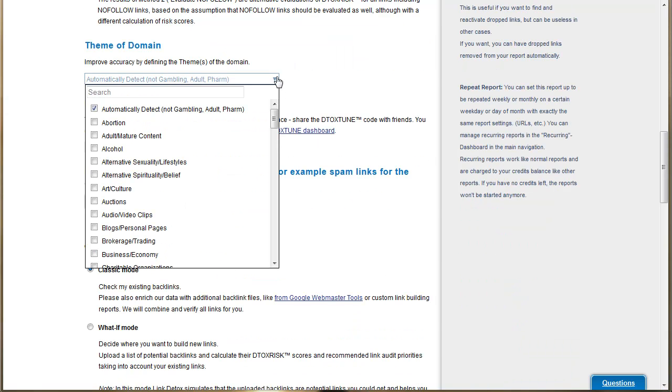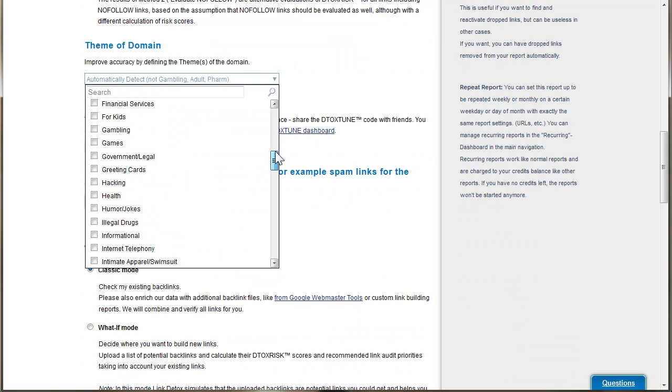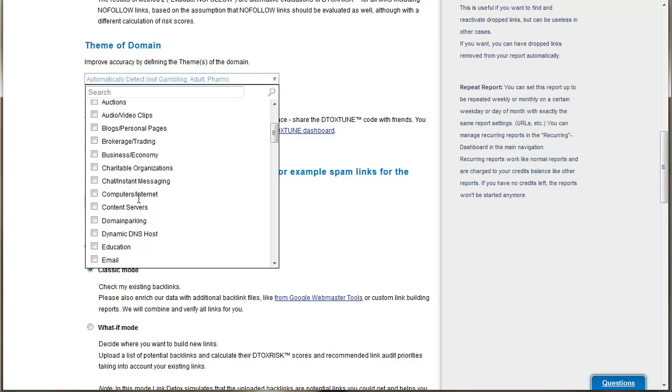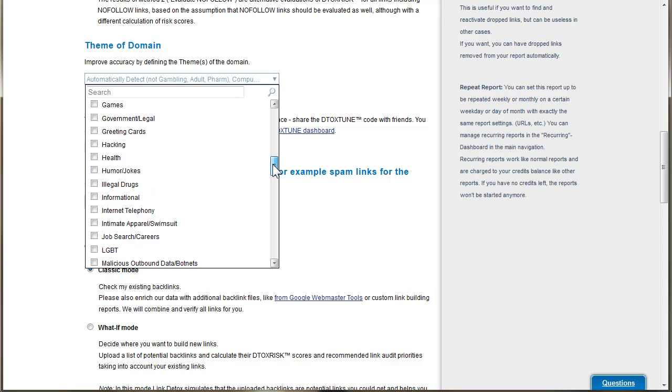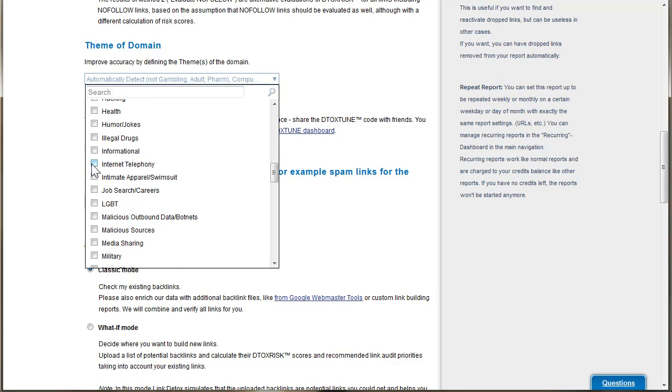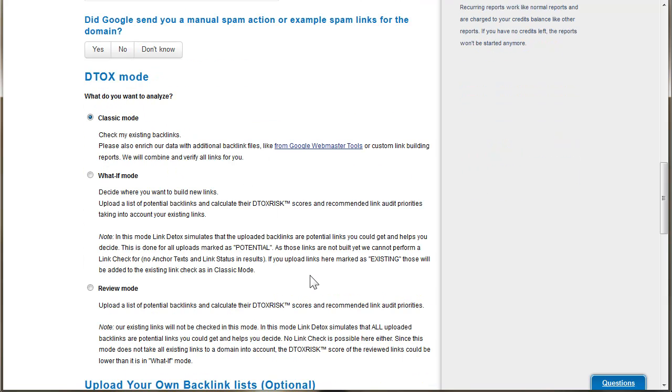The theme of the domain, I'm going to pick computers and internet, and also internet telephony. They do iPhone repairs and also iPad repairs, so they're in that kind of computer internet type of business. Did Google send a manual spam action?